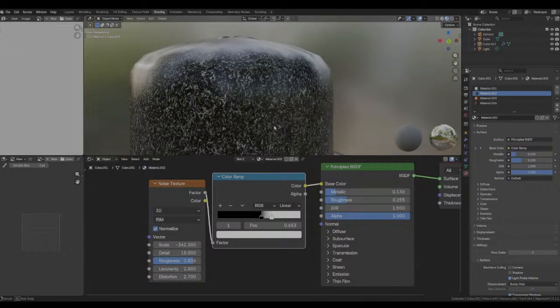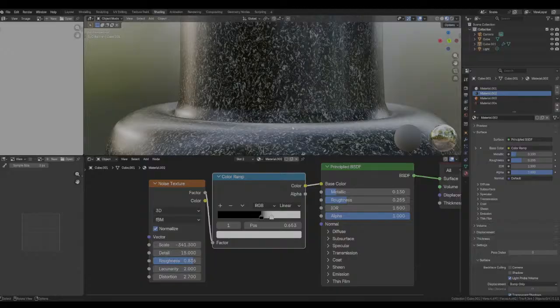Oh, that's cool. That's a really cool effect that I just found. Holy crap, that's so cool.